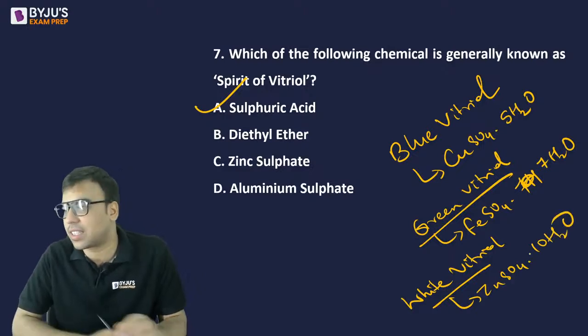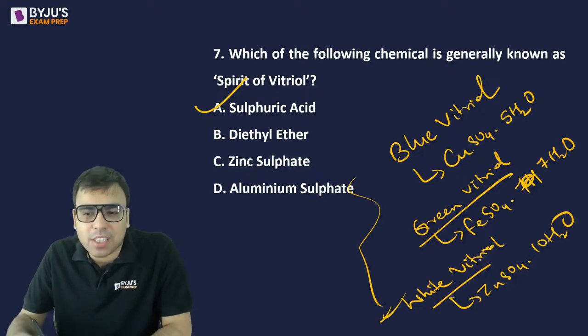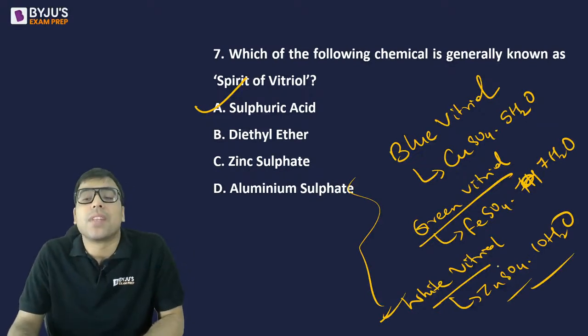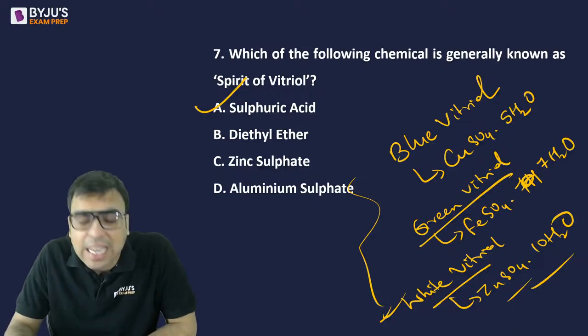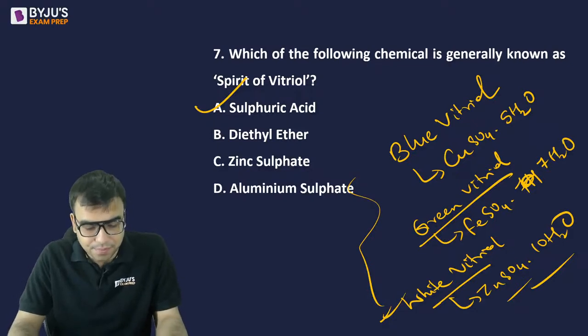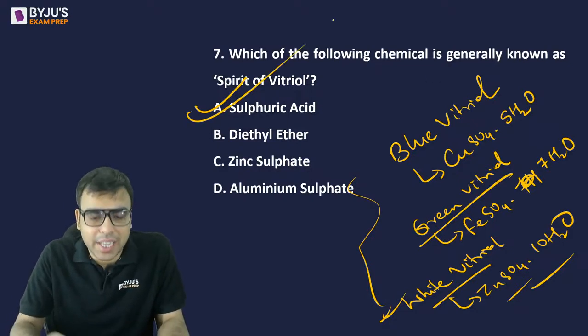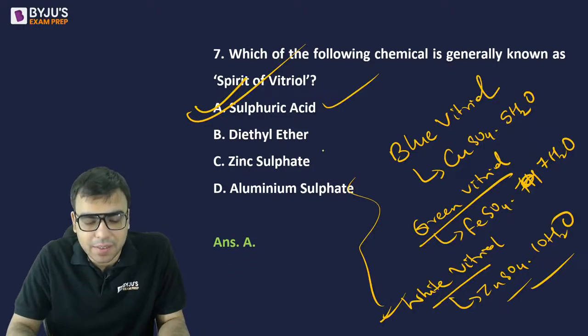Okay. Yes. So these are the three ones. इसको last वालों को एक बार check कर लेना. As far as I remember, this is the correct one. Okay. So these are famous vitriols: blue vitriol, green vitriol, white vitriol. इसे पूछते हैं एग्जाम में. ठीक है? So just have an idea about it. Yes. So here A is the right answer to this question. Okay, let's move on further. So here the right answer was A.